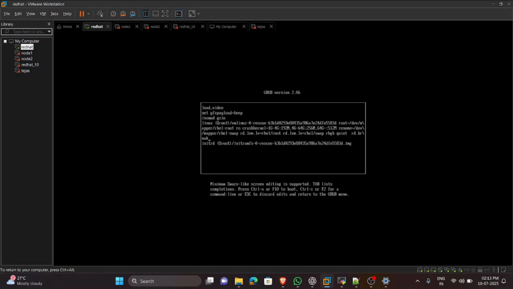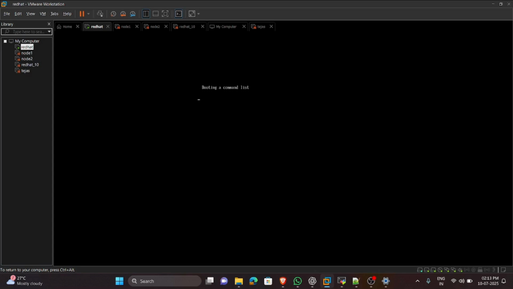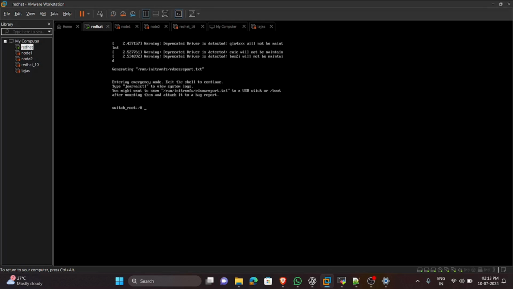After writing rd.break, you do not have to press enter, you just have to give the key combination of Control plus X. After giving Control plus X, our system is going to open in maintenance mode. Okay, now we can see switch_root. In this place, first, you have to type mount -o remount,rw